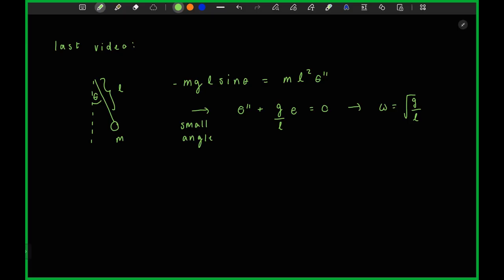In the last video, we analyzed the simple pendulum to find its angular frequency and therefore period. To briefly review, our setup was to first find the torque when displaced by an angle theta, then set this equal to I times alpha, which we could rewrite as theta double prime. We then used the small angle approximation to rewrite sine theta as approximately equal to theta, and then we're able